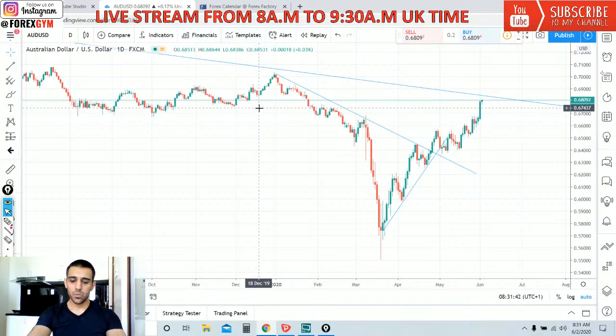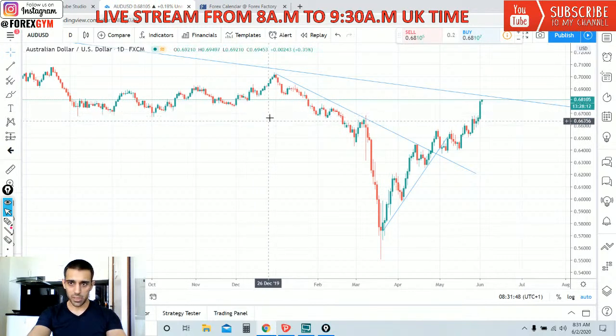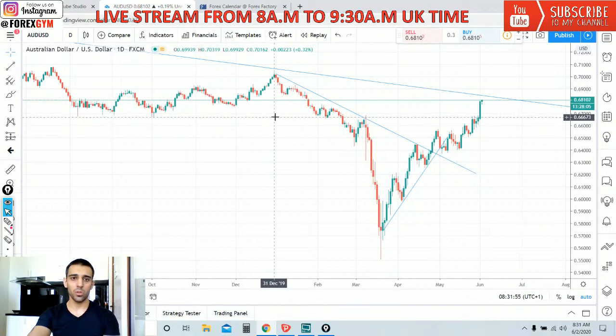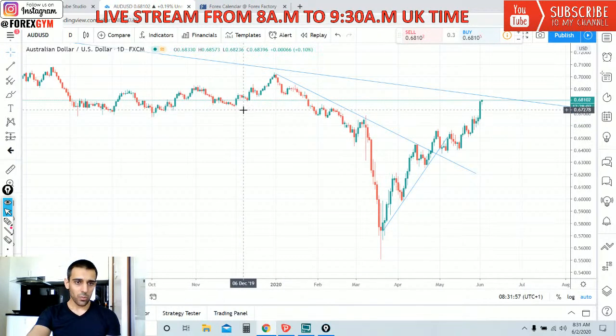Okay, this is a tricky one, because to use a good stop loss, we have to position our stop losses down at this level, but then it will not be so much of a good risk reward on that. So what I would do